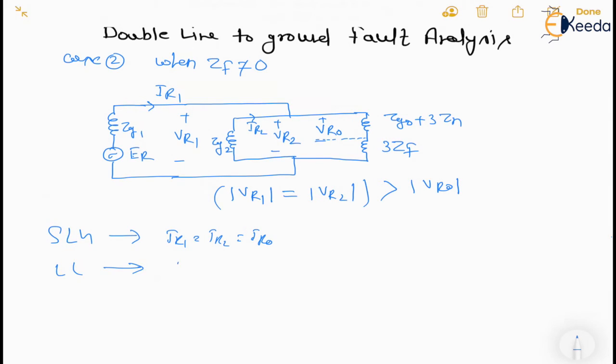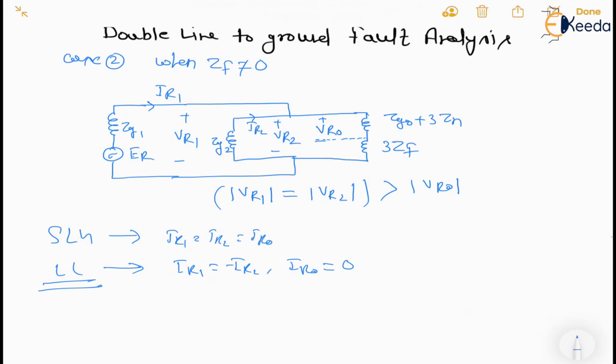Let us come to double line fault. We got IR1 is equal to minus of IR2 and IR0 is equal to 0, means the positive sequence current and negative sequence current are in phase opposition, or you can say IR1 and IR2 are 180 degrees apart. Second thing, if you got from the circuit that the positive sequence network and negative sequence network are connected in series opposition, then which kind of fault is it? That is double line fault. So this is all about double line fault.